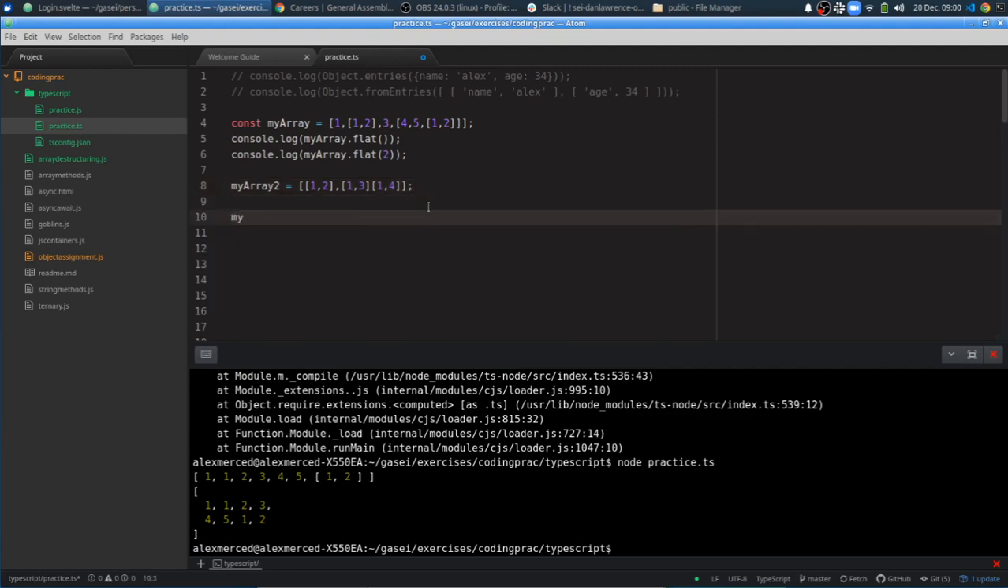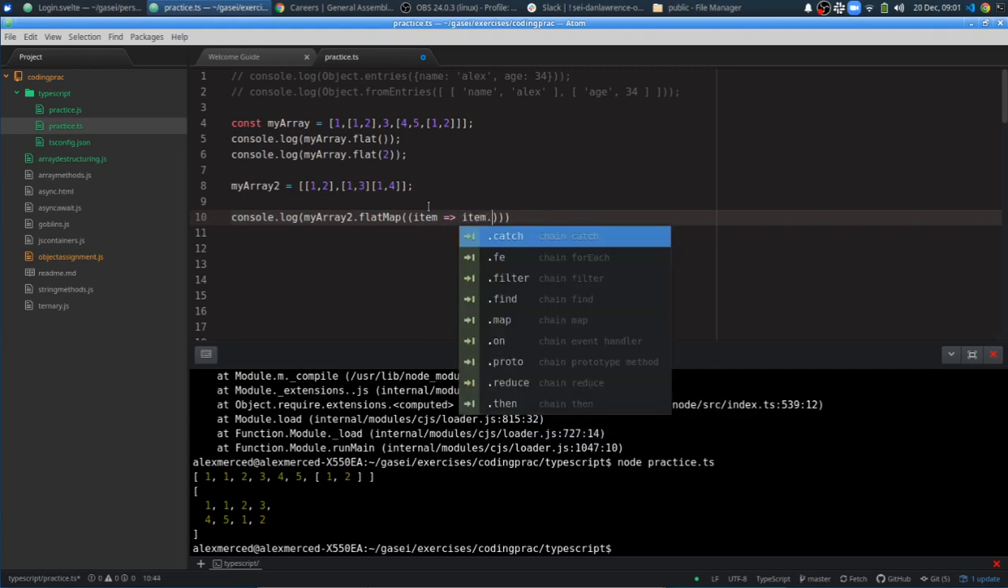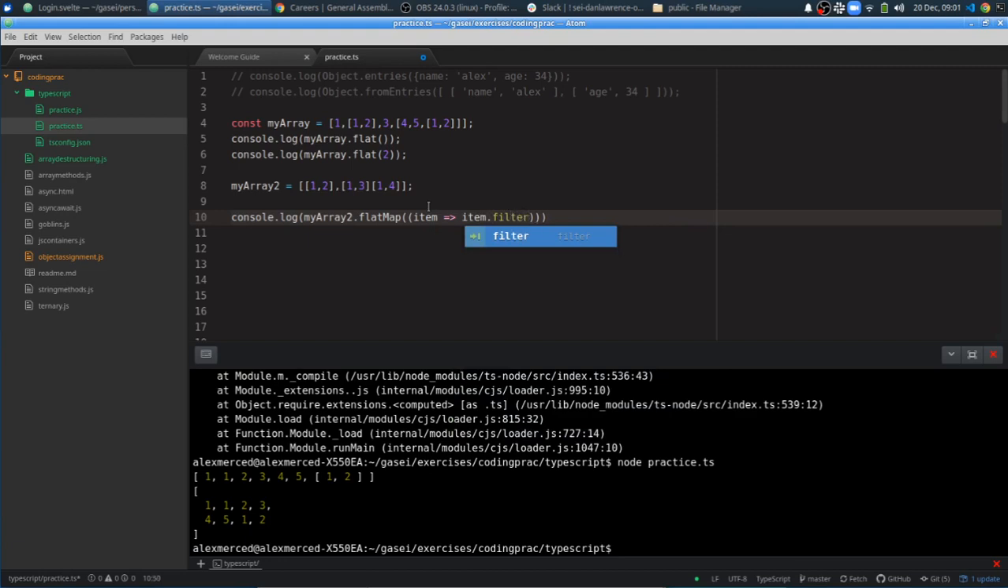So I could do the same thing. So let's do this. Let's console log this. Console.log my array 2 dot flatMap. Okay. Then we put a callback. We'll just say item equals, well, equals item dot filter, and then we put another callback,